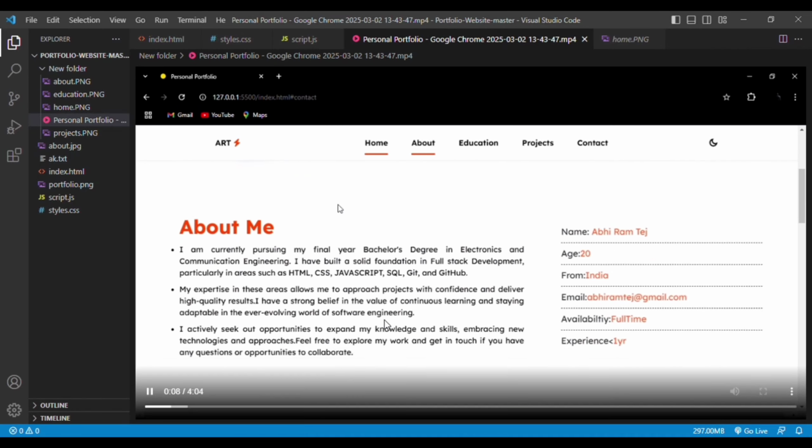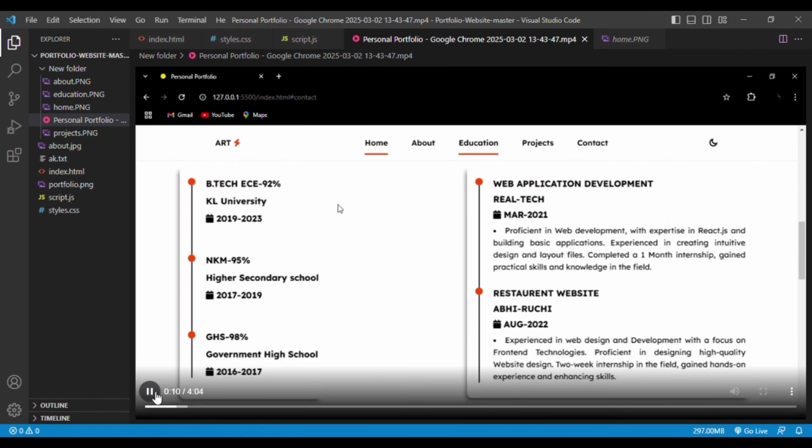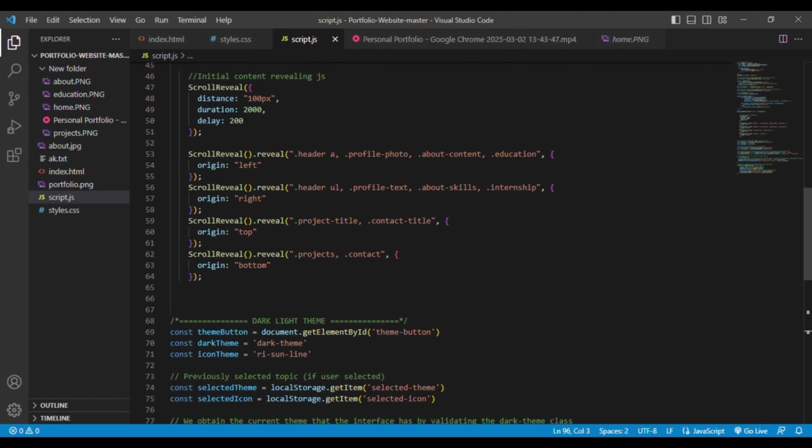You can see here the smooth scrolling effect that is done by using the scroll reveal JavaScript library. And for that we have written the code here. Distance is 100 pixels, duration is 2 seconds, delay is 200 milliseconds. So for scroll reveal to work, we are using a function that is already available in the scroll reveal JavaScript library,